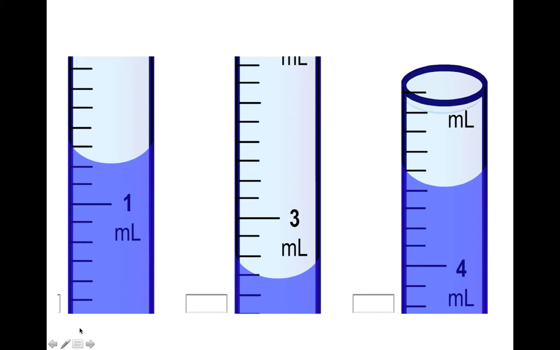The last thing we're going to talk about is measurement. In measurement, what we want to do is we want to measure to the hundredths place. So when we measure to the hundredths place, we are trying to measure to 2 decimal places. So for example, over here, this is our meniscus. We measure the bottom of these, and this is going to be 1 point. This is going to be 0.1. This is going to be 0.2. So we are at